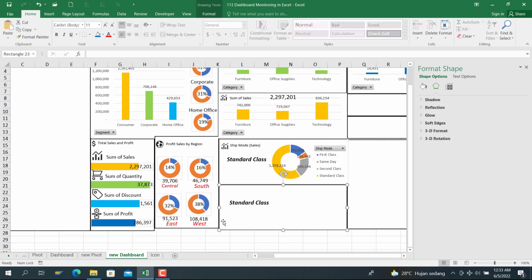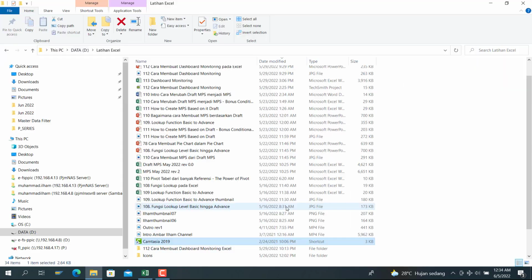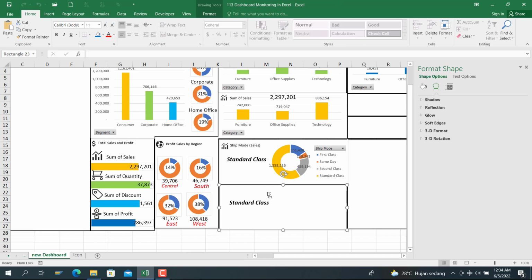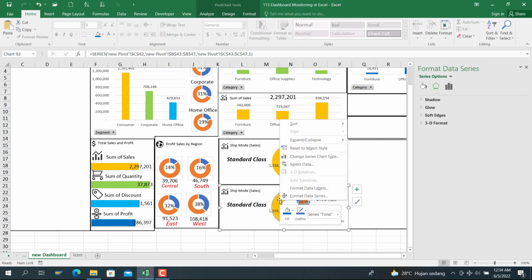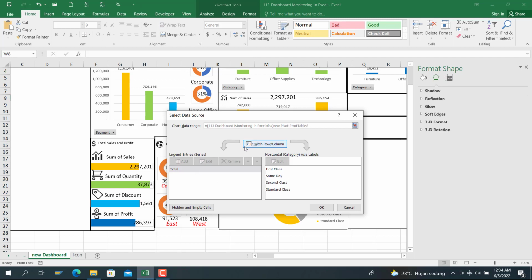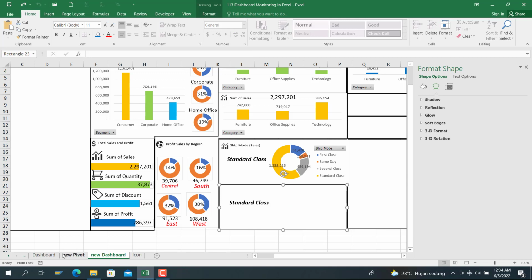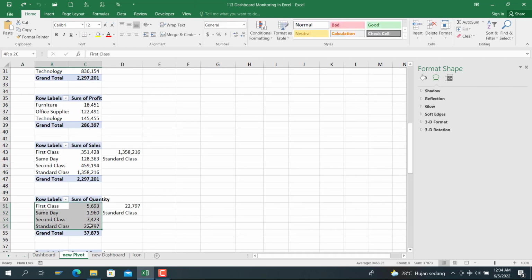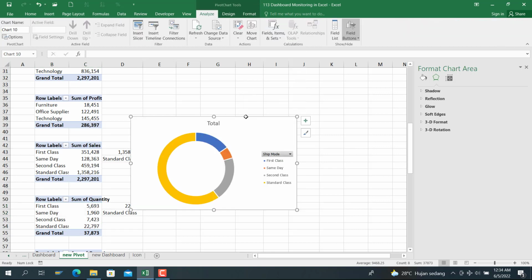and then you need to make the shape here. We just easily by copy this chart, paste it in here, and then change the reference, select data, you cannot use that, use the new pivot, and then hit insert chart, donut chart,